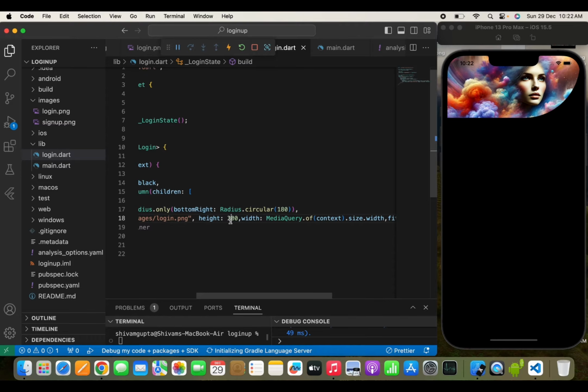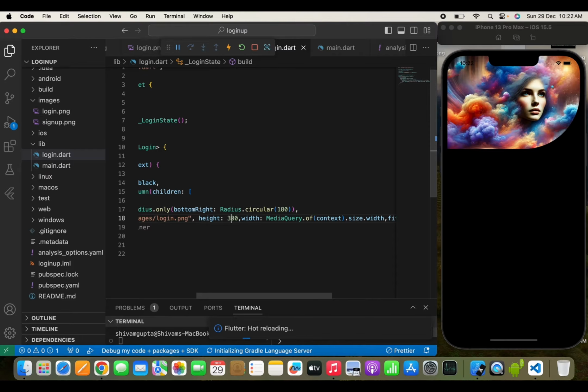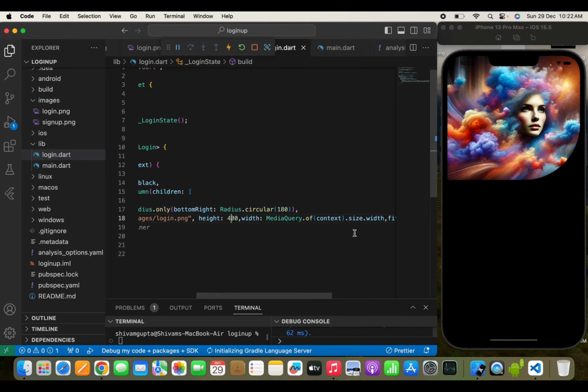Now I need to increase the height of an image because it is very less. So let's pass up to 300, or 300 it is okay, or if you want you can do up to 400. I guess 400 is okay. Yeah. So once we have passed an image,